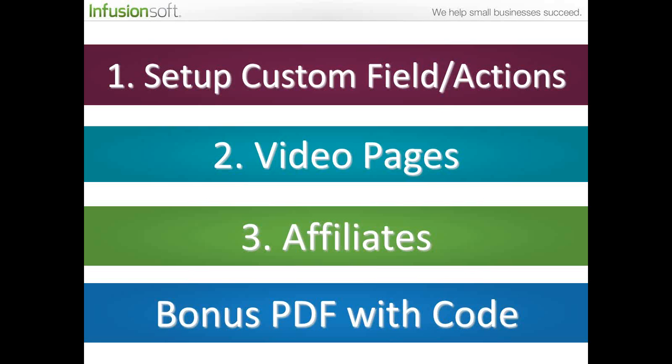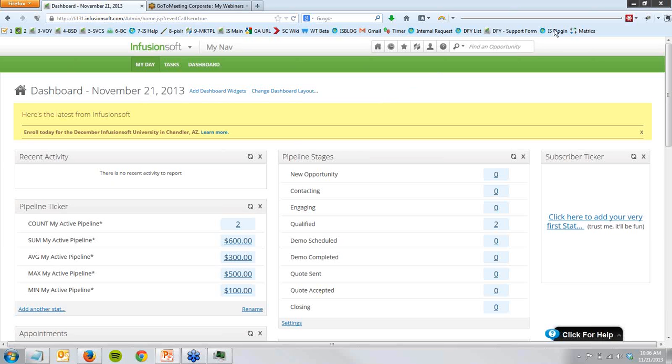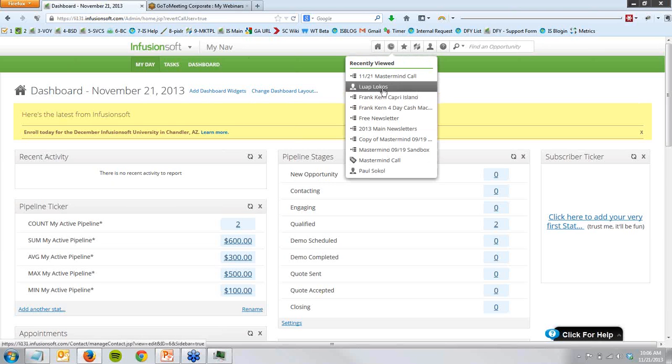So that's the end of the presentation for the PowerPoint piece. Let's just hop right into the app here. So I'm logged into a little sandbox app here. So when we look